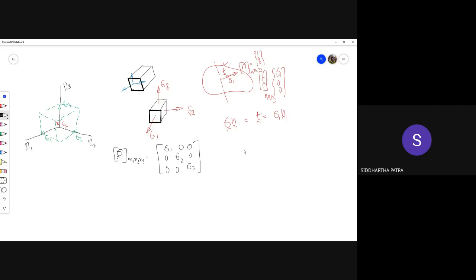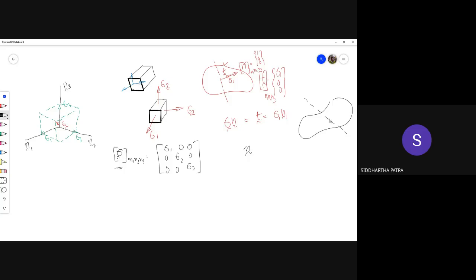And any arbitrary normal. Now imagine I'm not saying that I'm taking n1, n2, and n3 as the directions, but I'm choosing n1, n2, and n3 as the basis of representing any vector or matrix. And if I do so, stress would be this diagonal matrix. I'm not saying that from this point onwards, if I had to take a section for a free body diagram on the body,